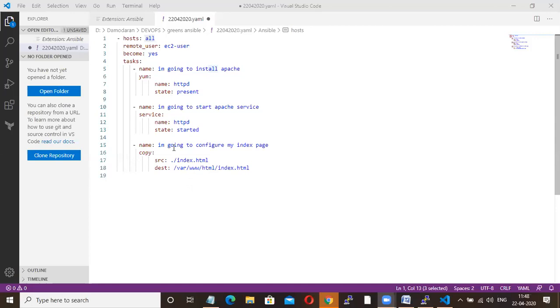Second, you should know where to copy. 75 people are there, and all 75 people know how to copy. Where to copy? That's what I'm teaching here. If you know how to copy and paste, then you can work with the Ansible playbook. That's it.